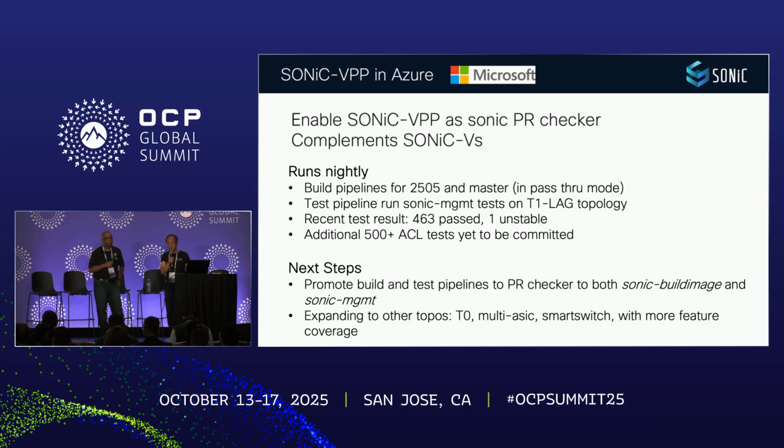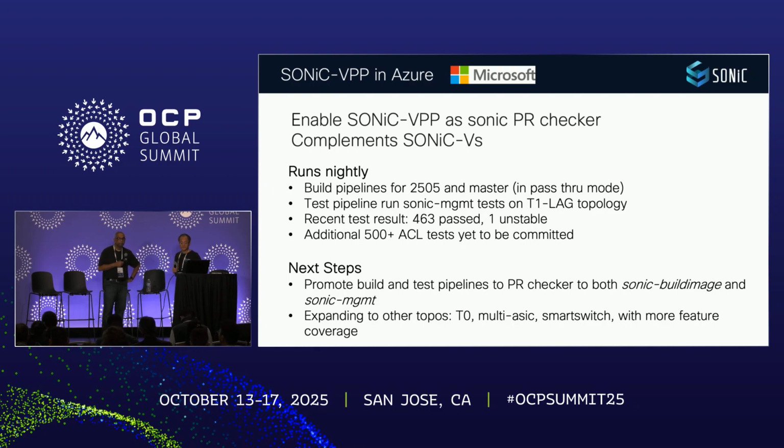We also have about 500 ACL tests to be added. They already passed in the T1 topology, but not on the T1 lag topology. Once that is completed, they can be added. For the next steps, first we would like to promote the build and test pipelines to PR checker, for both the SONiC build image and SonicMgmt. And also, we would like to expand to other topologies, T0, multi-ASIC, smart switch, and with more